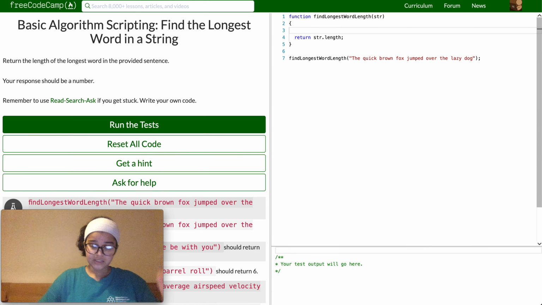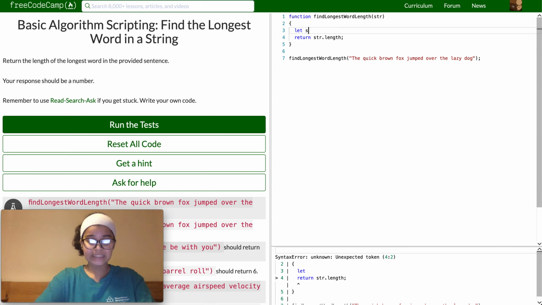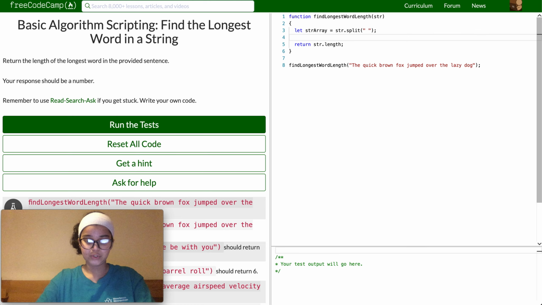So I'm gonna split it into an array first. So let str array is equal to str dot split, and this time inside the parameter we're putting a space. So if I want you to see it,